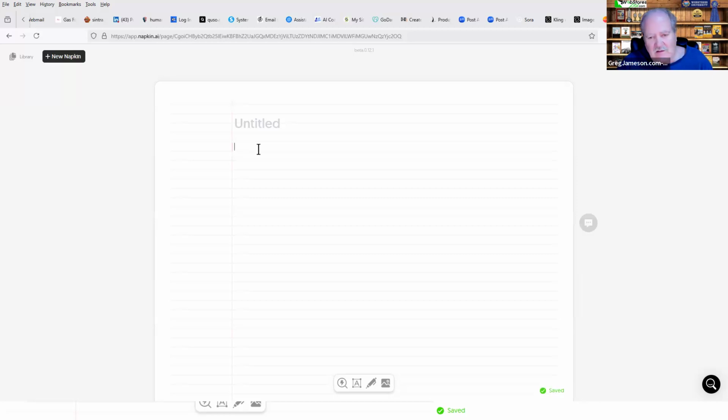You can come down and immediately start to put in the information that you want to be included on your napkin. And the reason it's named this is kind of like you're drawing on the back of a napkin in a restaurant type thing.